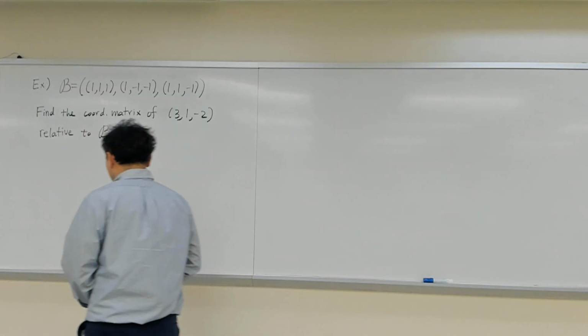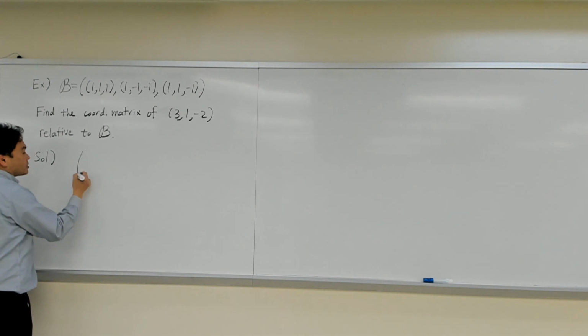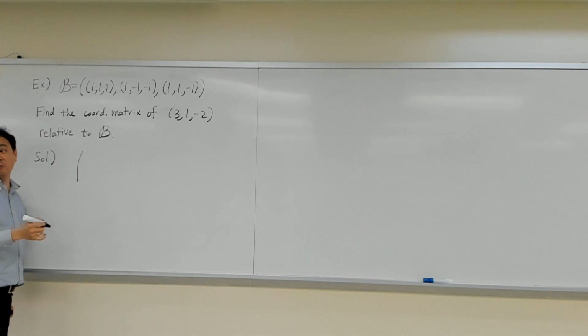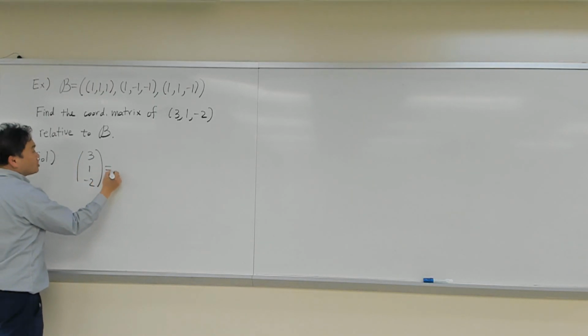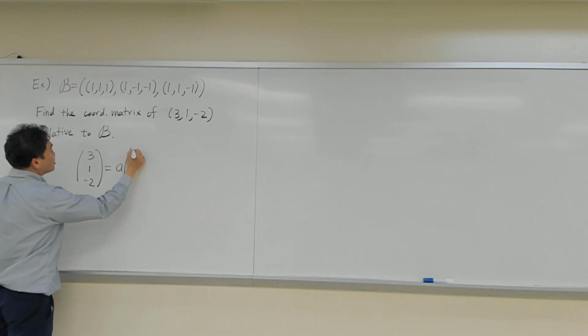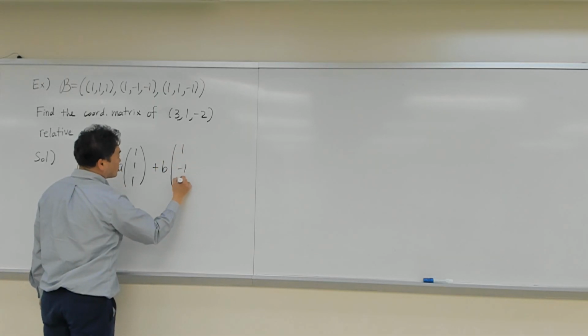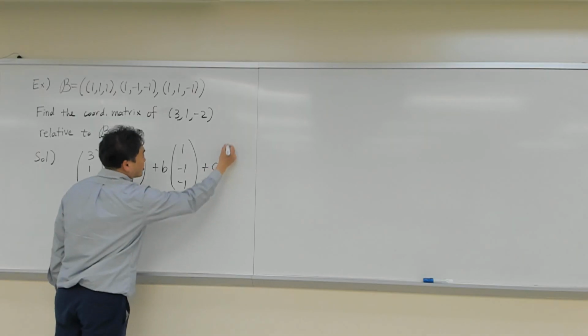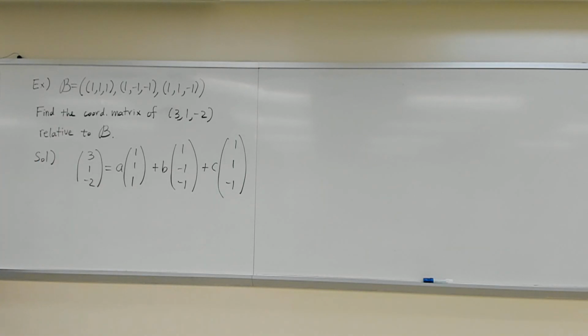Let's try it. All right, so in this case, again, let's try writing it down as column matrices. It's easier to read, okay? So (3, 1, -2) is equal to something times (1, 1, 1) plus something times (1, -1, -1) plus something times (1, 1, -1). And now,